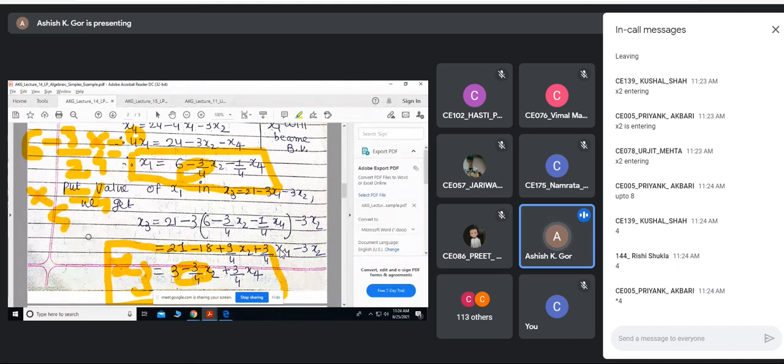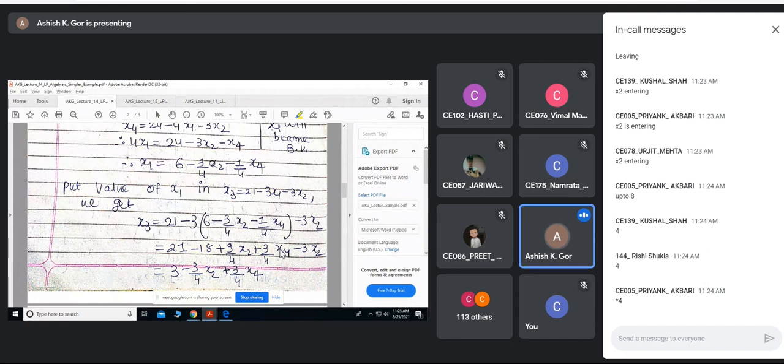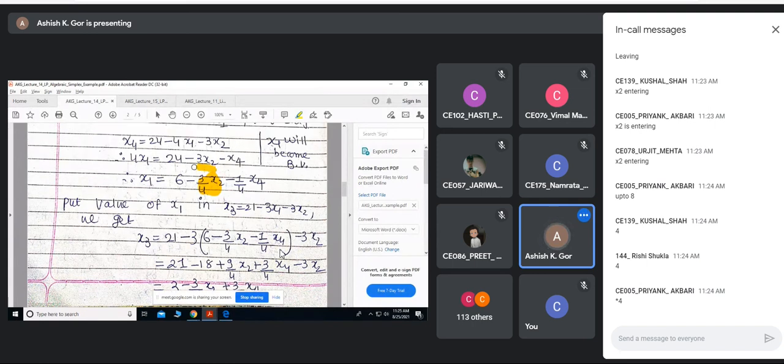Sorry, it is 3 by 4, right? So here it is 6 into 4 by 3, it's 8. Sorry, here it should be 8. So x2 can be increased up to 8 only. Let me erase so that you can understand. x2 you can increase up to 8 only, because when x2 is 8, 3 into 8, 24 by 4, 6 minus 6 will be 0. So you cannot take 9 for this.